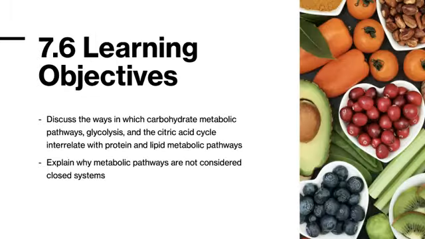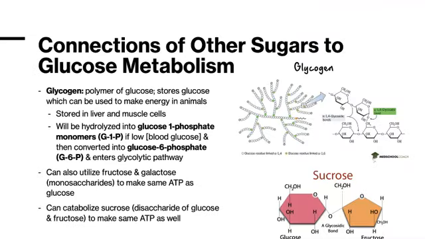Our learning objectives here are going to be to discuss the ways in which carbohydrate metabolic pathways, glycolysis, and the citric acid cycle interrelate with protein and lipid metabolic pathways, and explain why metabolic pathways are not considered closed systems. So we'll start off talking about the connections of other sugars to glucose metabolism. All of our catabolic pathways for carbs, proteins, and lipids are going to eventually lead and connect to glycolysis and